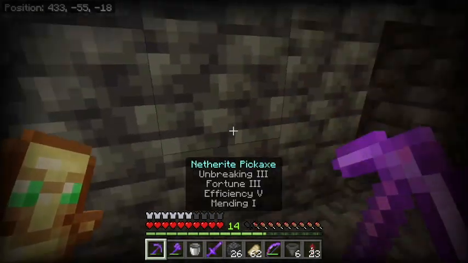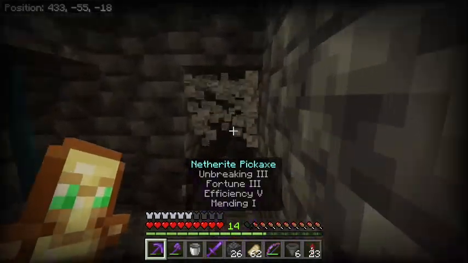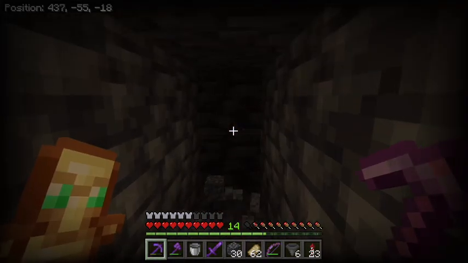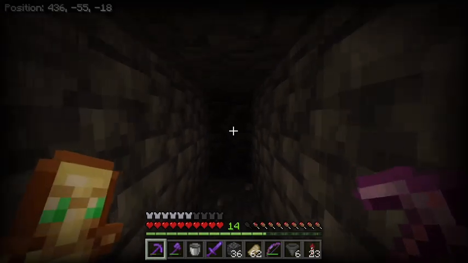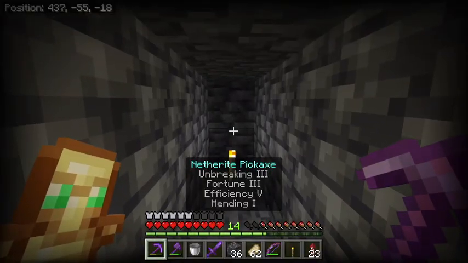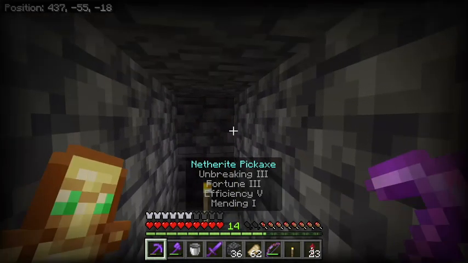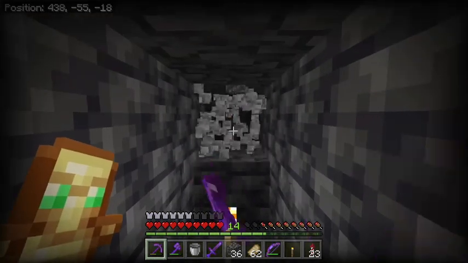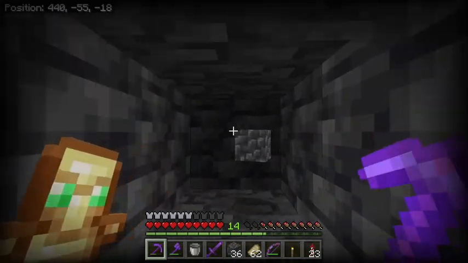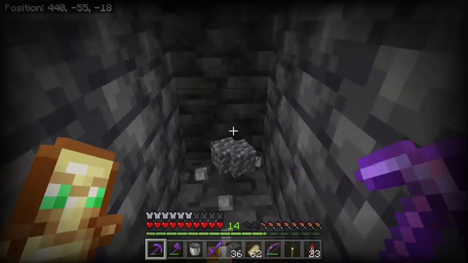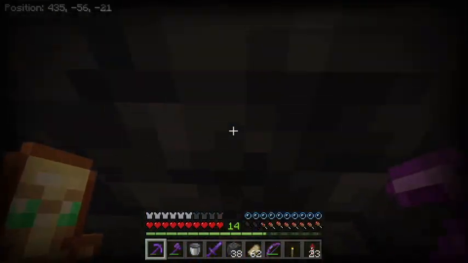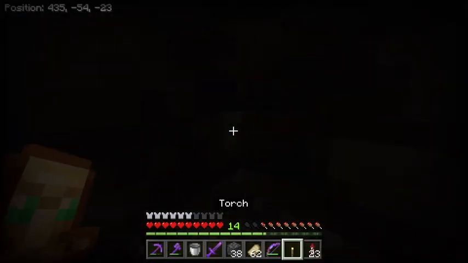The reason this is most efficient is because if you are, for example, mining in the 2x2, not 2x2, I guess it's the 1x2 method, then with this method you only expose 4 blocks per mine, so 1, 2, 3, 4, and even on the bottom one, 1, 2, 3, 4. But if you do the 1 by 1 method, and I'm going to put a torch down real quick,